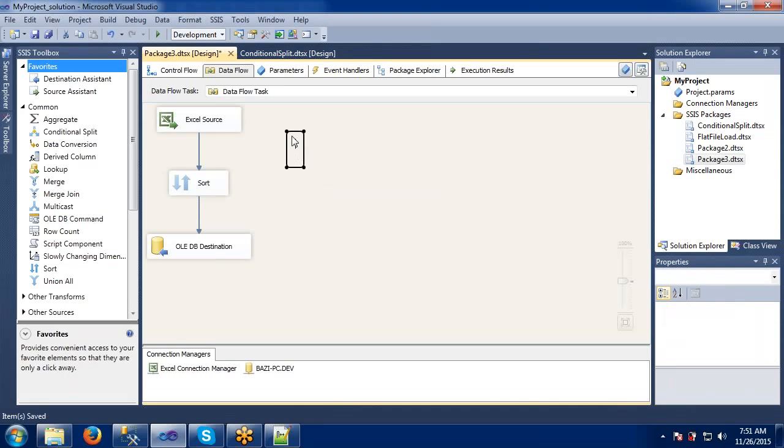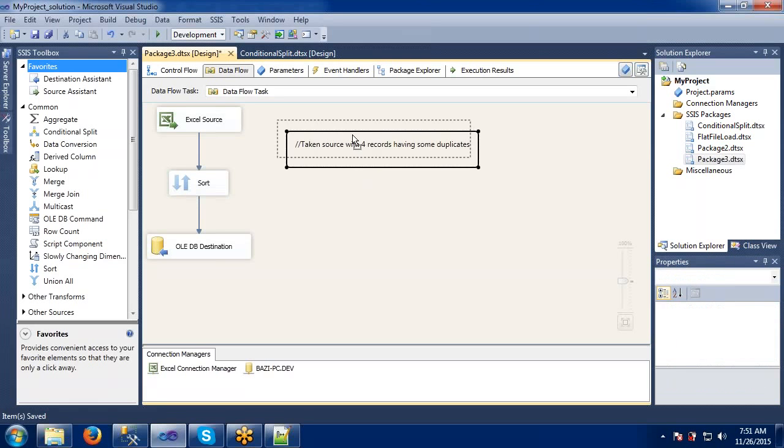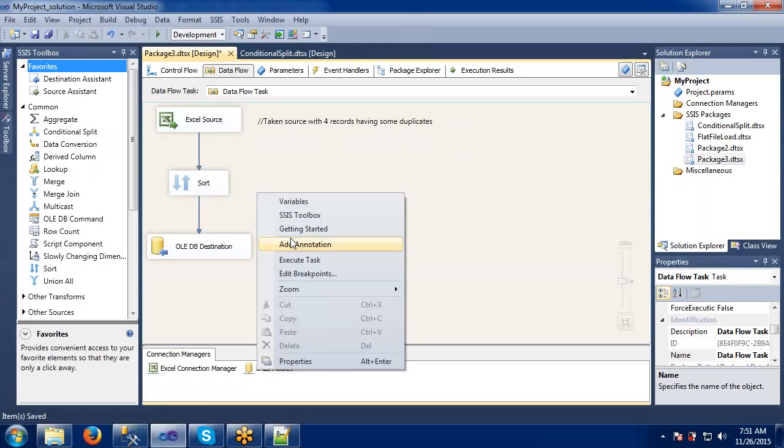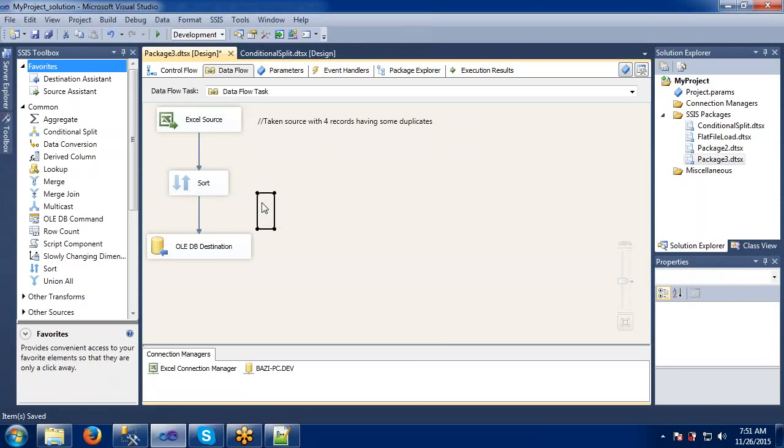What it does is it simply says, taken source, which is nothing but some comments here. So in real time we need to follow all these standards.